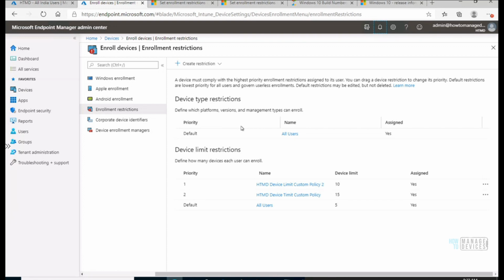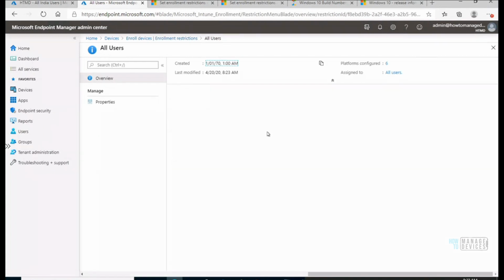If you want to block something like iOS devices from enrolling, or your Intune is not at all managing iOS or Android devices, and your company policy is that Android is not good for corporate devices, Android devices should not access corporate email or something, then you can restrict all the Android devices from enrolling into your Intune and corporate network, right? So this is that policy. That is why it's called